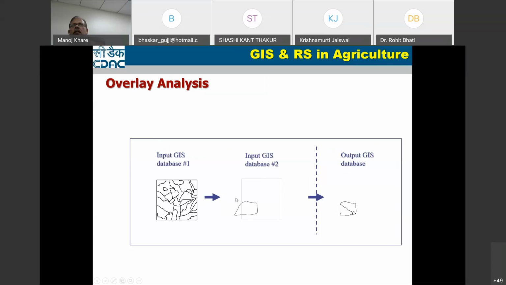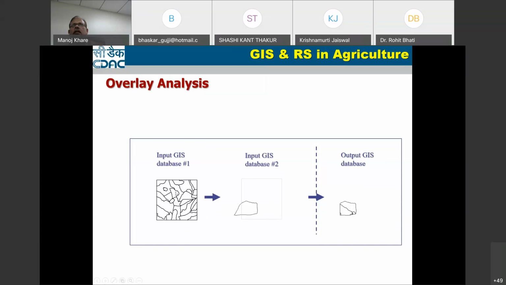Now you want to know which farms come within that 500 meter area of the dam. So you can go for the intersect layer, and when you run it, it will identify those farms which come within the 500 meter area and leave out the other plots and farm boundaries. Then you can find out that these are the plots which are being irrigated from that particular dam.